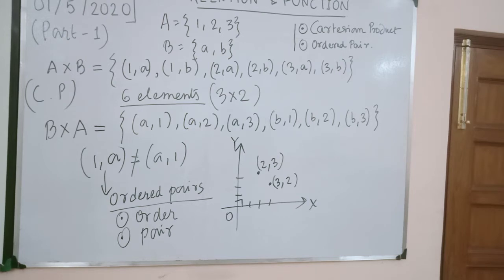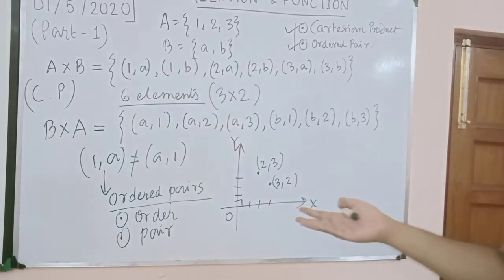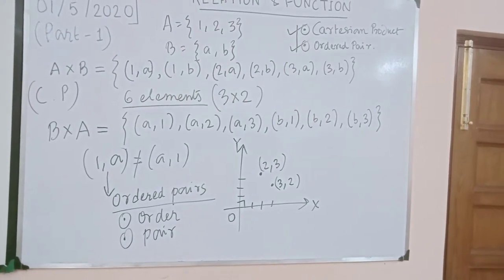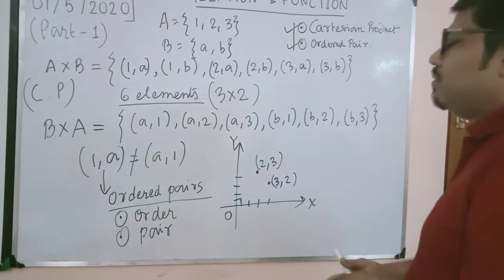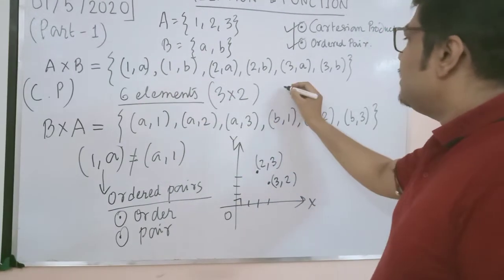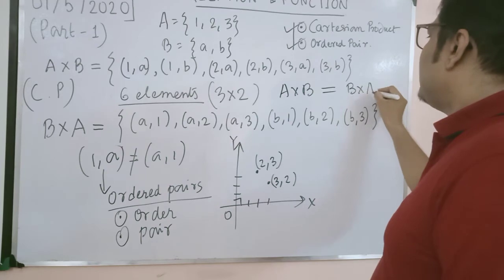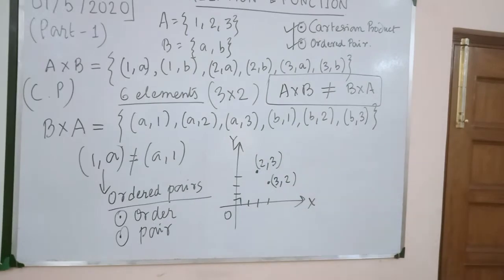Now next, we did the Cartesian product and also the ordered pair. Next we will see a few examples and maybe the ordered triplet. So let us do that. Before that, I forgot to tell you one thing. As you can see, A cross B and B cross A are not the same. So I'll mark it with green.